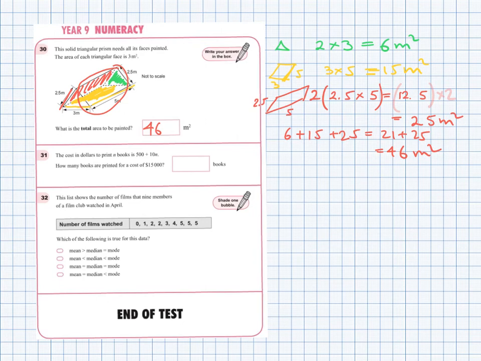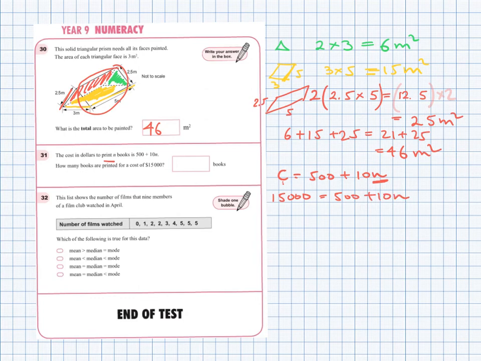So the next one: the cost in dollars to print N books. Cost is equal to 500 plus 10N. That's the cost. Now, how many books are printed for a cost of 15,000? So we don't know the books. N is the books, that's what they said. So if the cost is 15,000, we just replace C with 15,000, because that's the cost,